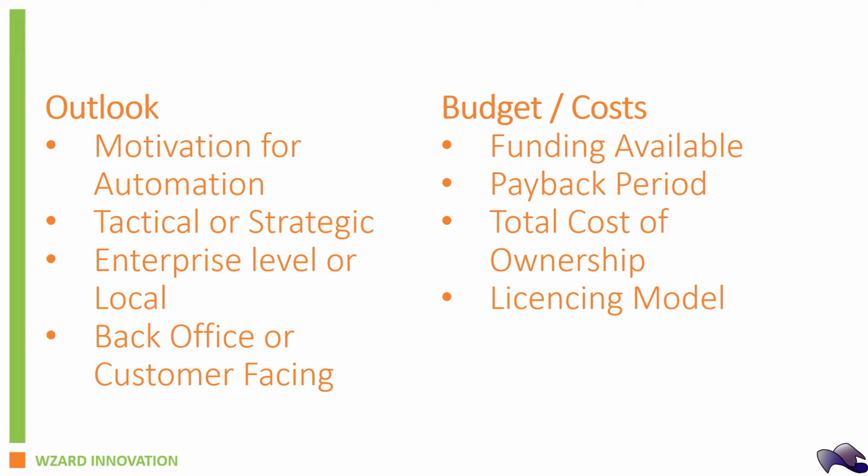The first factor to consider when choosing an automation vendor is your own company outlook. You've got to ask yourself the question of what is your motivation for running an automation project? Is it tactical or strategic? Are you looking for an enterprise level solution or something to run locally? And is it back office facing or is it customer facing? Now these factors alone will narrow down the automation vendors that are available out there that are fit for your organization. So for example,